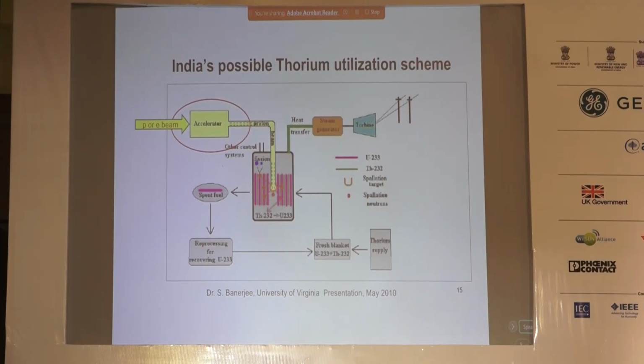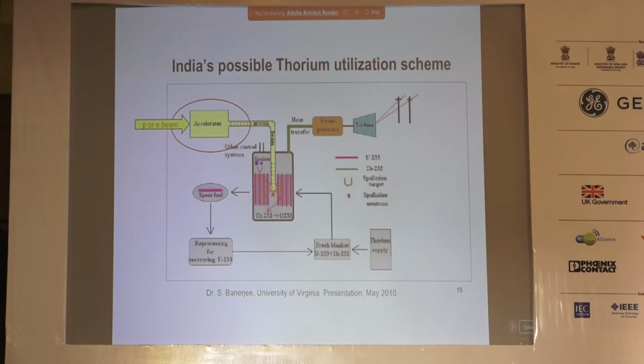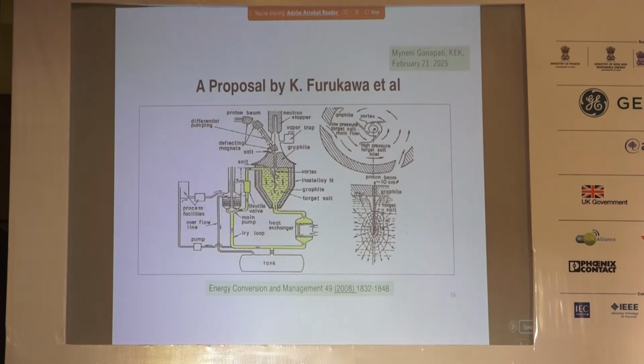So we can use this electron beam into the thorium reactors, and it can create neutrons, and then it can be used for energy production and applications. Next page, please. This idea was also proposed by Japanese scientists much before, and of course